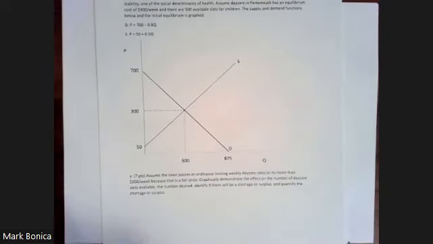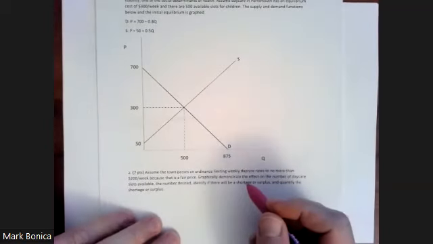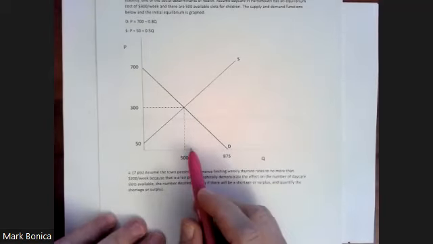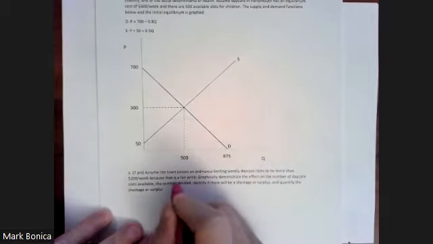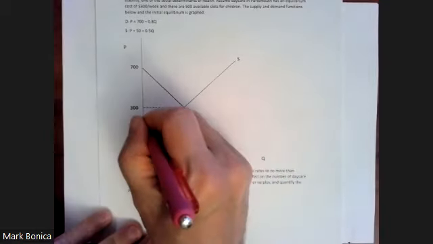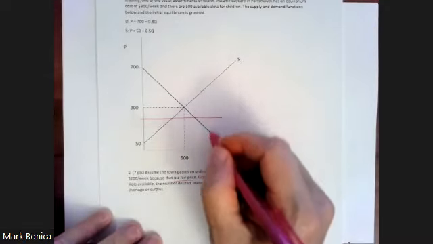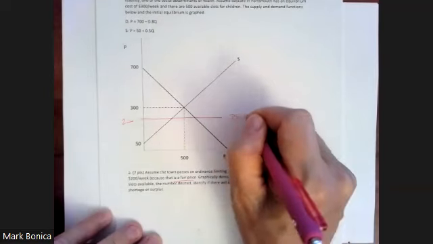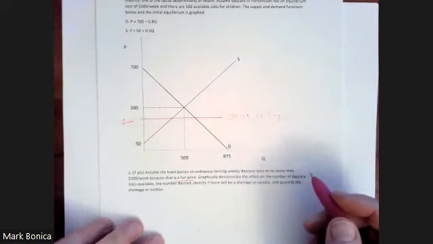This next problem talks about daycare in Dover, and someone decides that that $300 a month or a week is too expensive, and that a fair price would be $200 a week. And so they set a price ceiling, right? Price can't go above. So price ceiling of 200. What's the result of that?